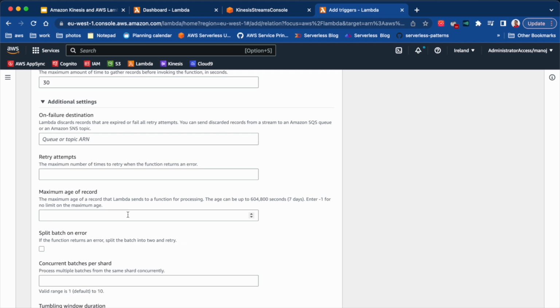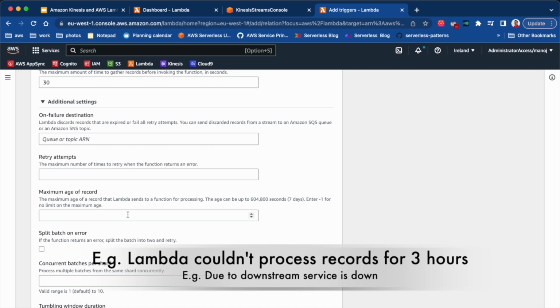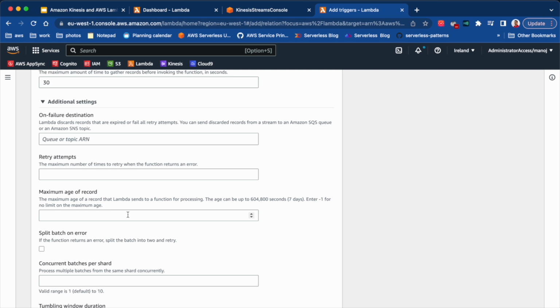Now imagine for some reason the Lambda function couldn't process these records for some time. Let's say it could not process records for 3 hours. This could be due to one of the downstream services not working, so Lambda couldn't actually process these records. Now once those downstream services come back online, then the Lambda can process the records. But now